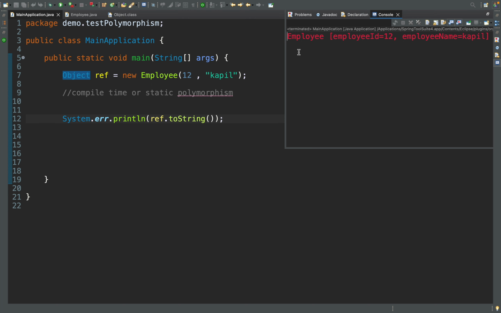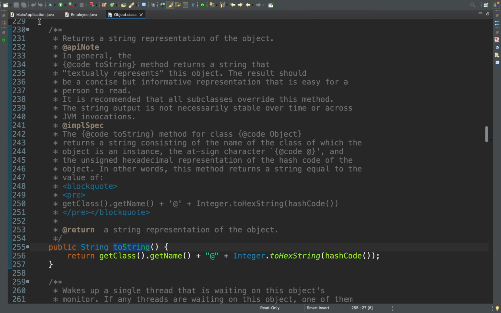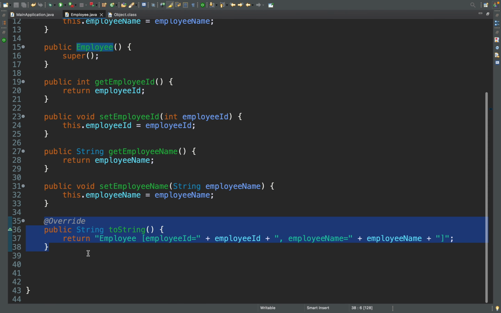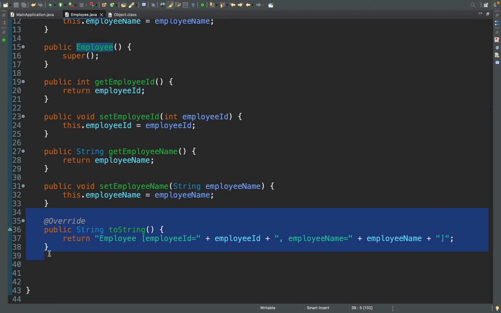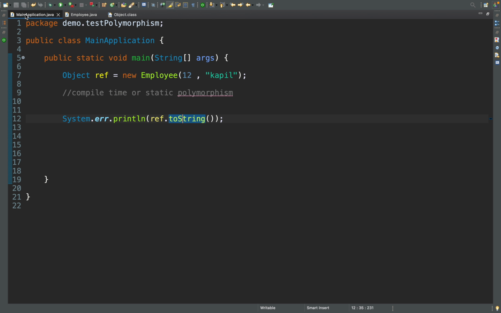So here the output is the overridden toString method. In the Employee class we have overridden this method, so that is executed. So in simple steps, compile time and dynamic polymorphism,